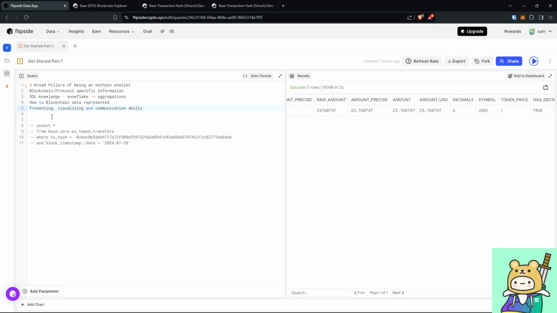And the last category, the last pillar, last but not least, is being able to present your analysis, right? Visualize your findings, presenting your insights on various mediums, Twitter, I don't know, Substack, Medium, right? In a dashboard even, right? So I guess it's a skill to learn how to present insights that are valuable to the audience that you're building it for. And so yeah, this is a whole other category.